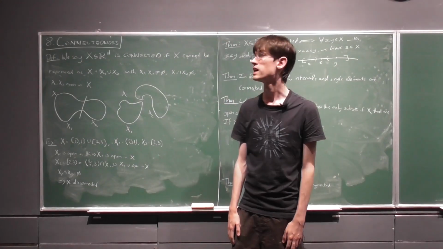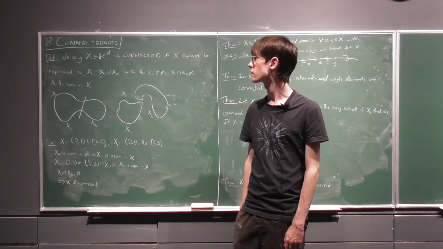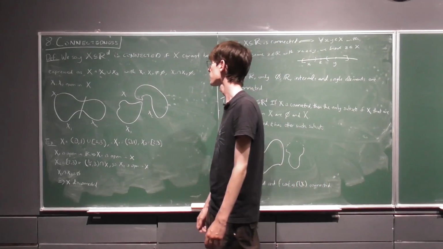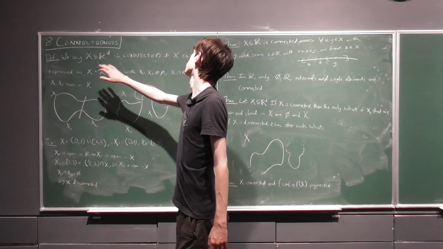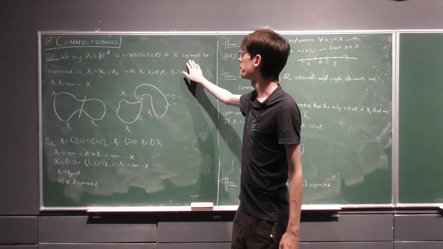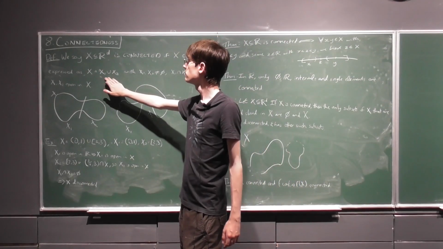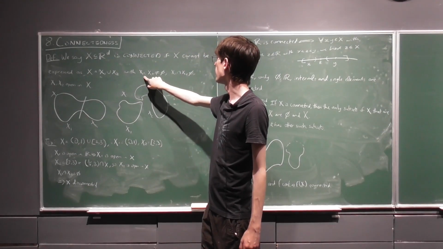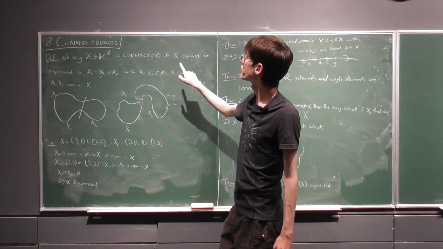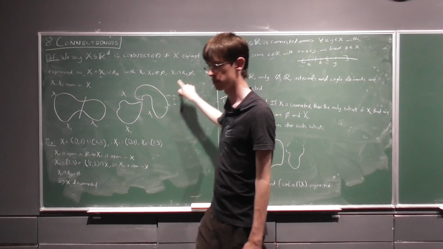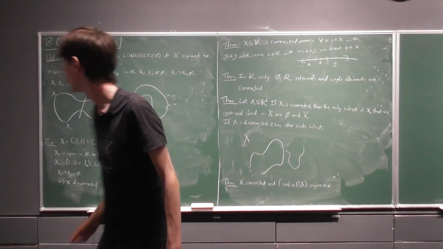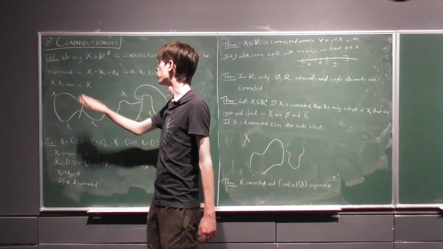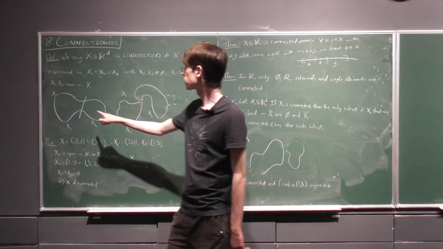Okay, so we can get on to the idea of connected sets now. Again, this kind of follows your intuition for what a connected set would look like. We said that X in R^d is connected if it cannot be expressed as the union of two subsets, with neither of them being empty, their intersection being empty, so them being disjoint, and both of them being open in X. So for example, this here